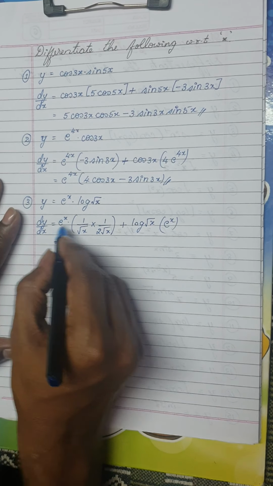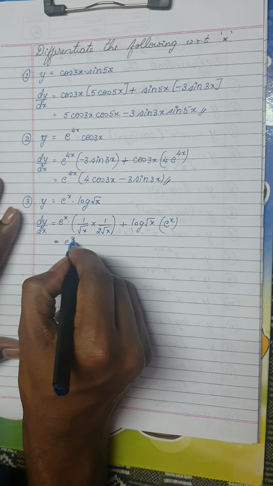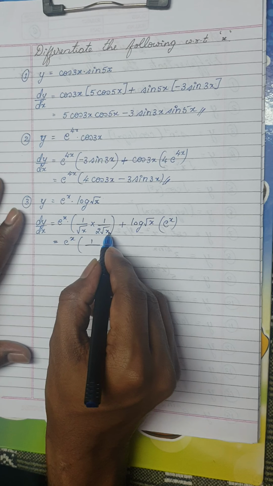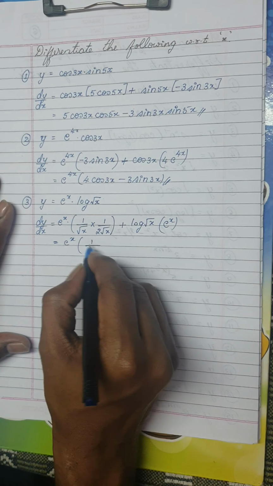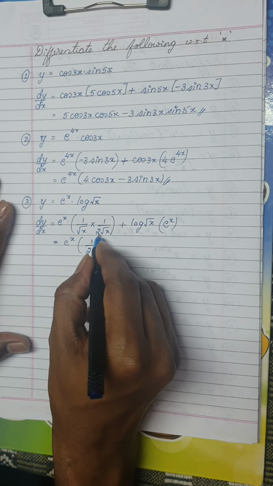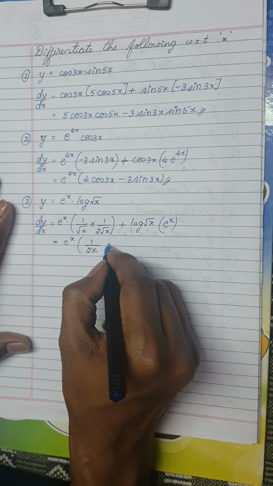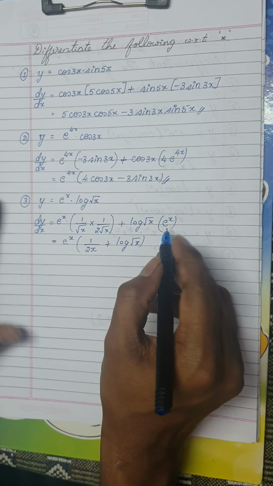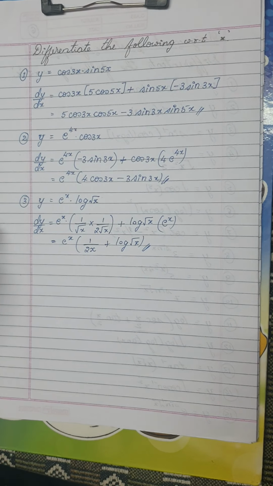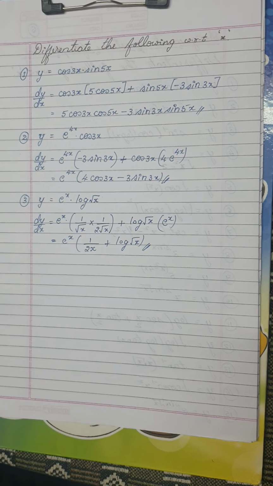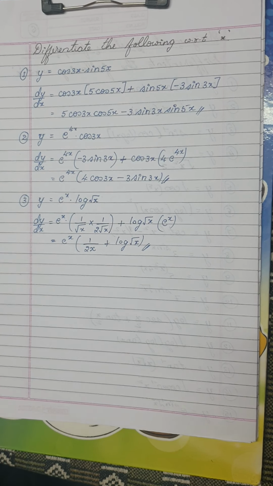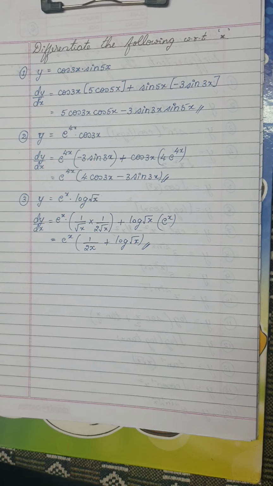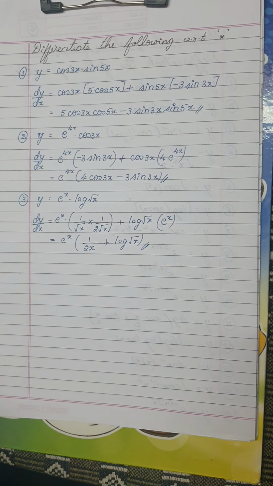Now in both the terms I have e power x common, keep it outside. So it is 1 divided by, so root x into root x becomes root x square, that is nothing but just x. So 2 is again multiplied as a constant, so it is 1 by 2x plus log of root x. Okay, only thing is, please be careful whether you are using a sum or difference of two functions, or product rule or quotient rule. If it follows the chain rule, then you have to be a bit careful, right?